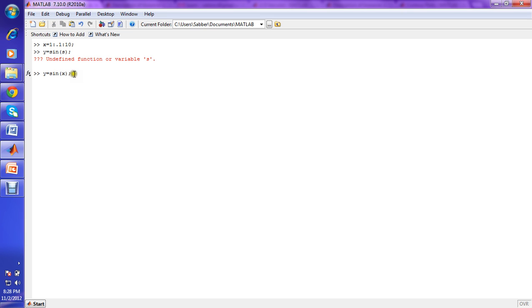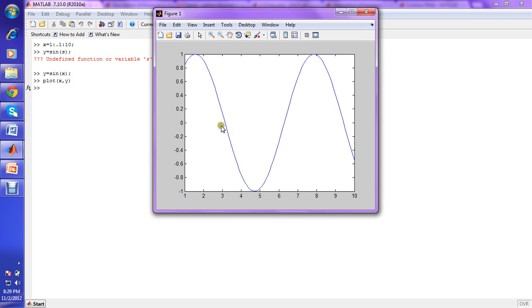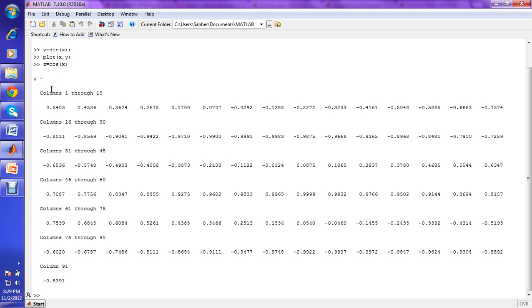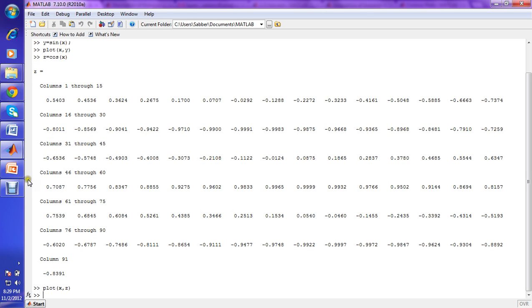Copy the x. Okay, so plot x comma y, so we can easily plot this. Yeah, we do have a plot of sine x. Okay, if we have another function, for example g equal to cos function of x, then plot x comma g, and we'll get